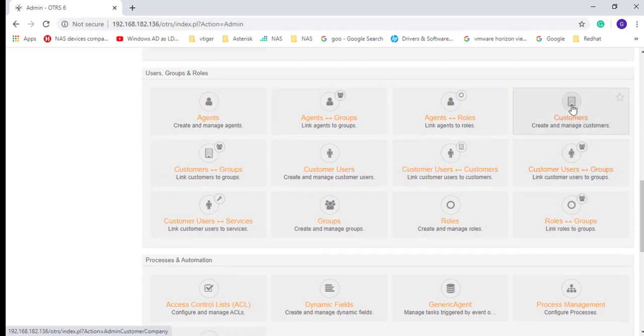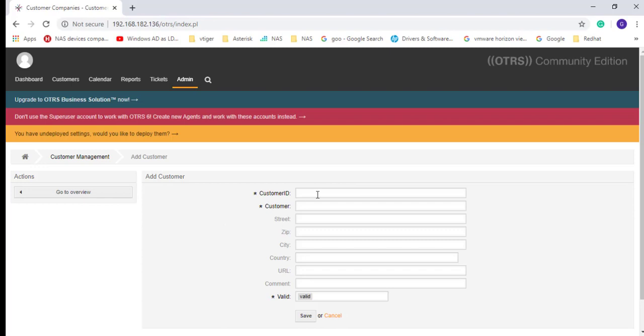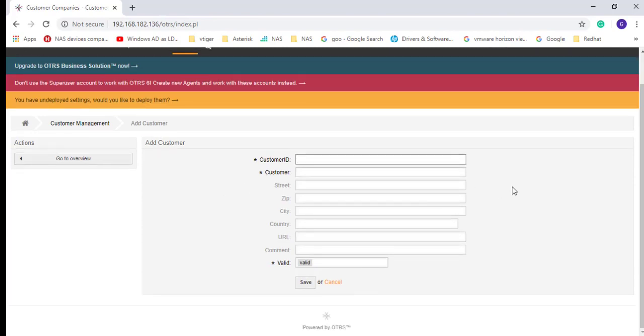So let's create a customer. Company means customer. So customer ID, you can user define or you can give an email address. So I am giving a specific customer ID code as per my preference. C002 is my customer code for the coffee company.